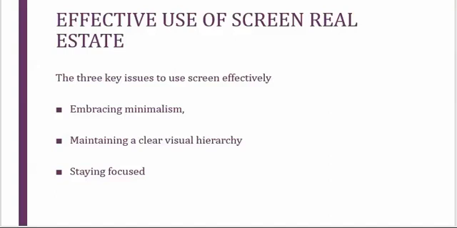So in this, what you're going to say is, whenever you're developing, you should keep in mind that we are developing a mobile app. So when you're developing a mobile app, don't try to put a lot of stuff in it. Under embracing minimalism, try to have limited features. And you don't want to put unnecessary things, like banners or some graphics. Only if it is required or has some purpose, then you put it. Otherwise, don't put unnecessary things.